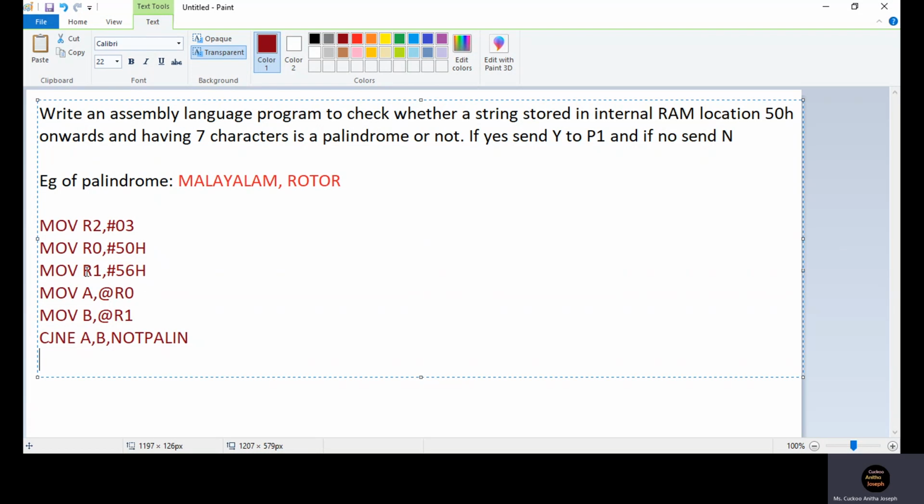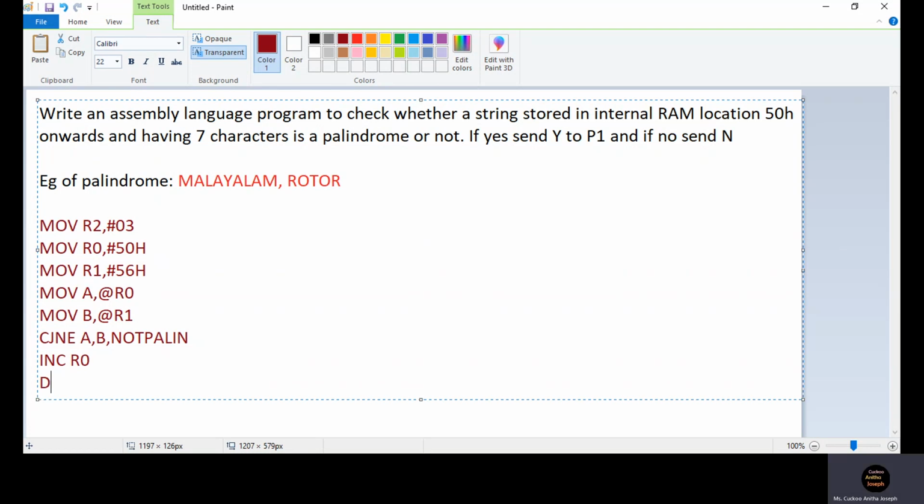R1 should point to the last but one character, so you should decrement R1. So we will do that. INC R0 and DEC R1. So now R1 and R0 contain the addresses of the next characters to be compared.